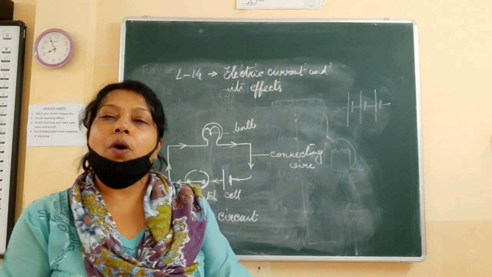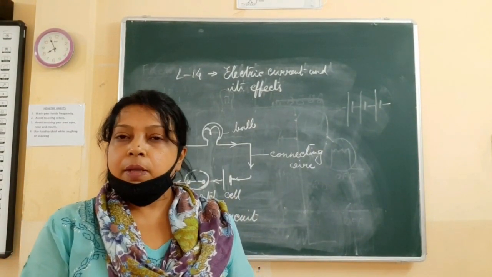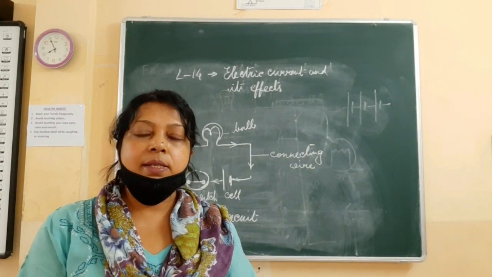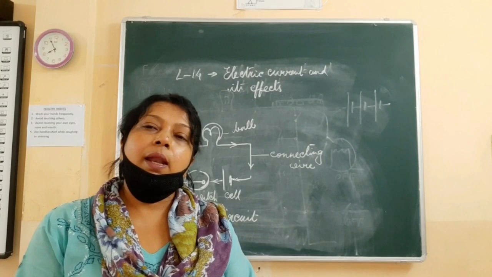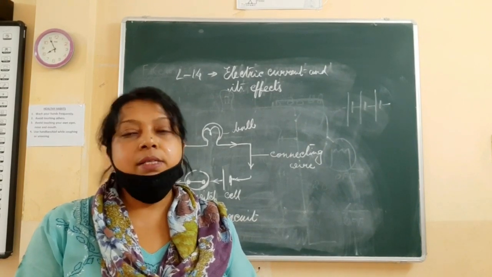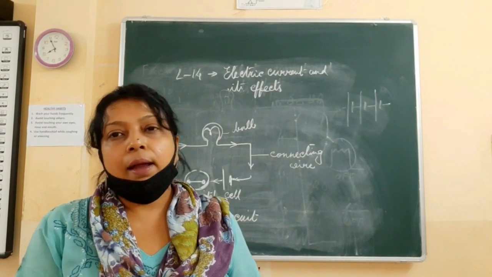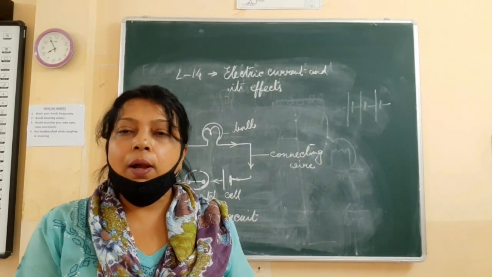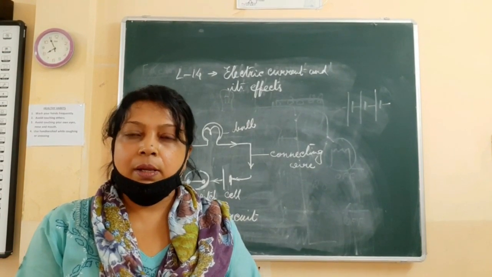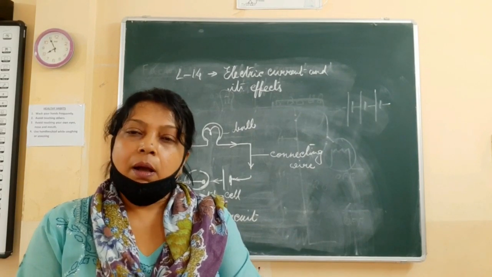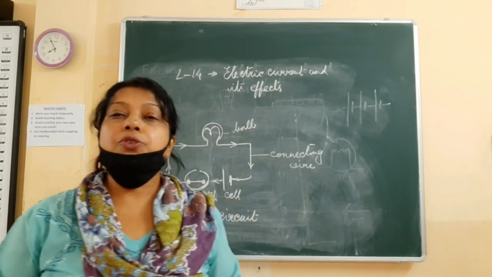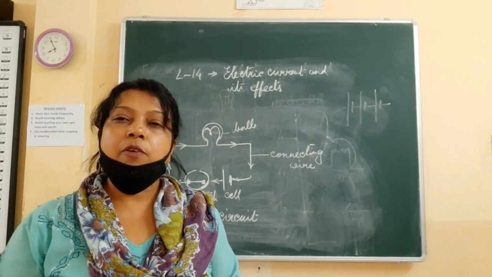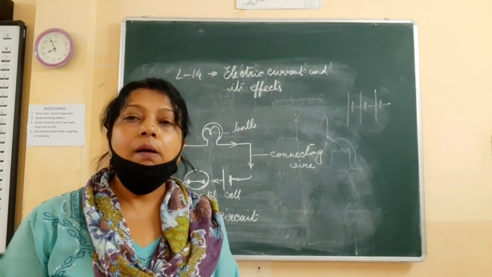So this is all about the symbols, electrical cells, the arrangement of the electrical cells in a battery, the electric circuit and its circuit diagram. So I hope it is clear to you all and you have all understood it. That means how we should draw the electric circuit, that is the circuit diagram of the electric circuit, by using the symbols.